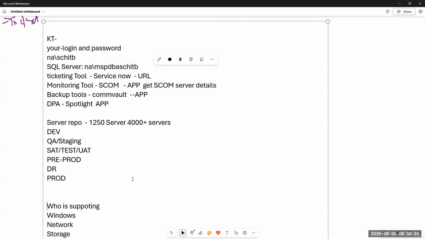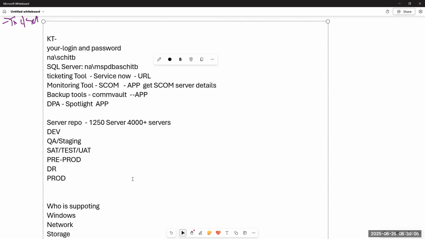One more doubt, sir. So QA and staging, are both the same or different? Good question, actually. Basically, we are DBAs, and we maintain the data. These platforms are mainly for developer teams, where they are designing, implementing, and testing all the stuff. As a DBA, we are dealing with the data. I hope you can understand.